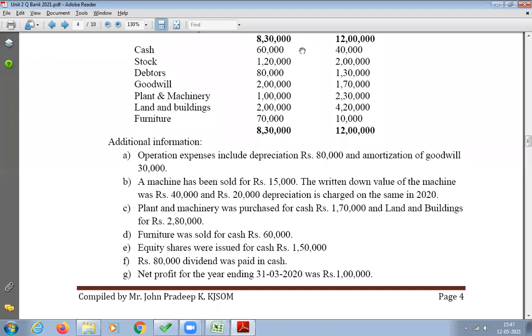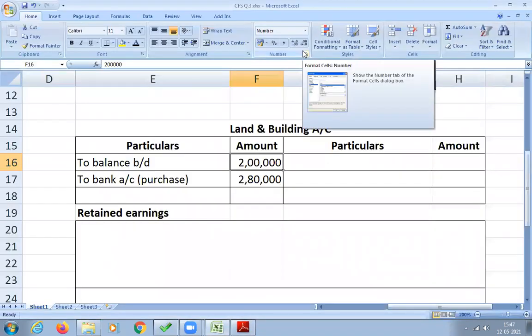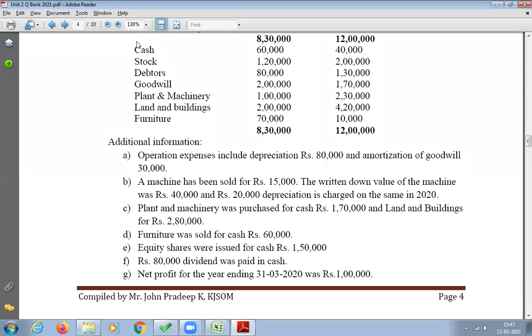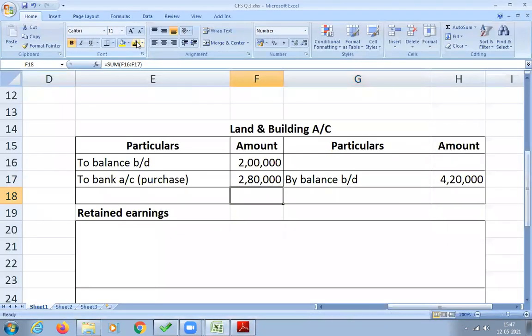Even in our ledger, when we tally the ledger, we will come to know that. So now we don't talk about depreciation. Imagine nothing is given there, and then we find the balancing figure. How much is the balance brought down? 4,20,000. So tally the account. 4,80,000 on the debit side tally, and on the credit side 60,000 is the balancing figure.